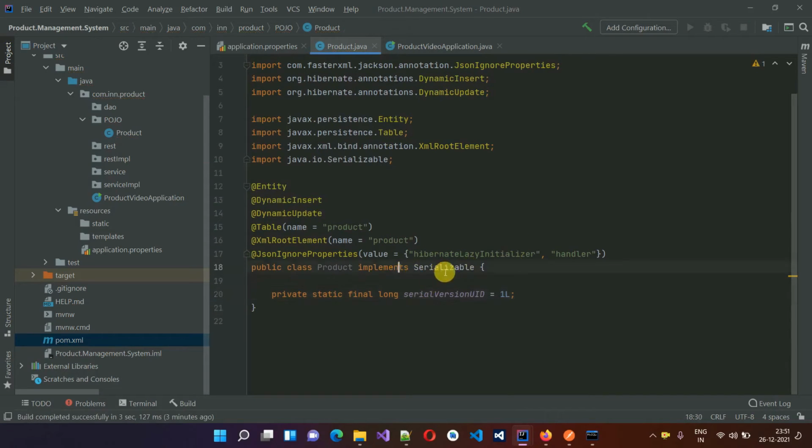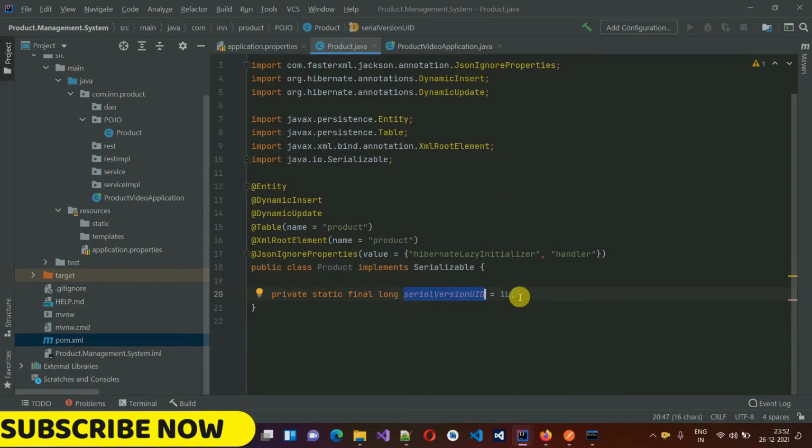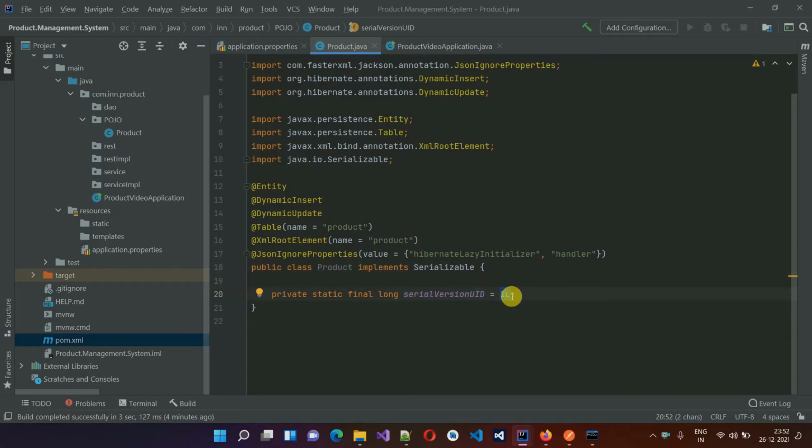Why have we implemented Serializable? Because whenever we execute this, the objects are converted into streams, which are serialized over the network. While deserializing, we need some ID, some value. While serializing, it will use this value to serialize, and while deserializing, it will use this same value